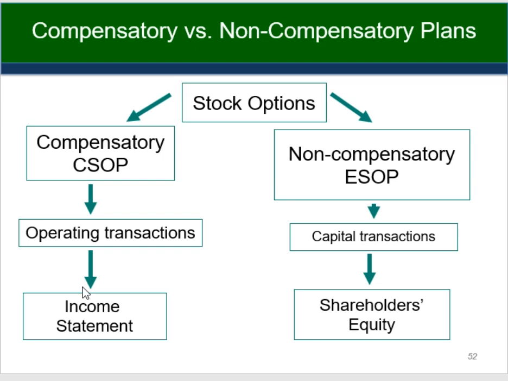The grant date is the date the employee and the company agree on the value of what's to be exchanged, and so fair value can be estimated using an option pricing model such as the Black-Scholes model. It may be adjusted for some of the unique factors of employee stock options, but essentially we're trying to arrive at a fair value measure, and that's recognized as an expense in the periods when the employee performs the service.